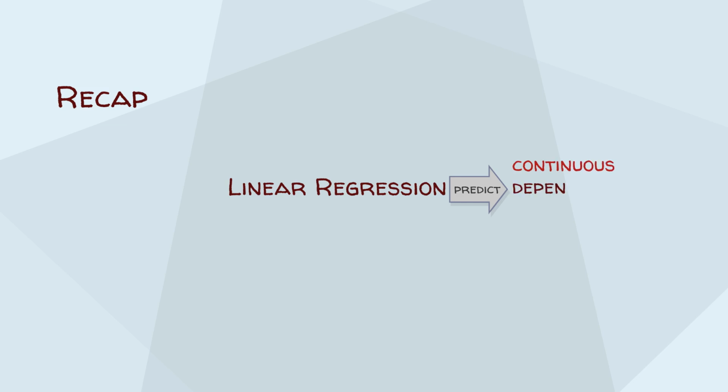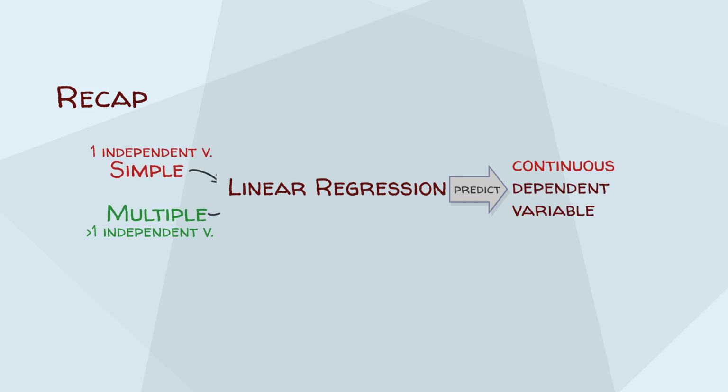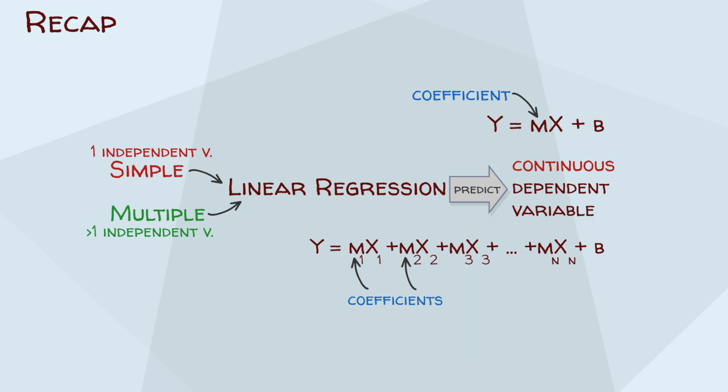Let's have a quick recap. Linear regression is a statistical method used to predict a continuous dependent variable based on one or more independent variables. The results of linear regression analysis can be summarized in a formula that includes coefficients for each predictor and a constant to